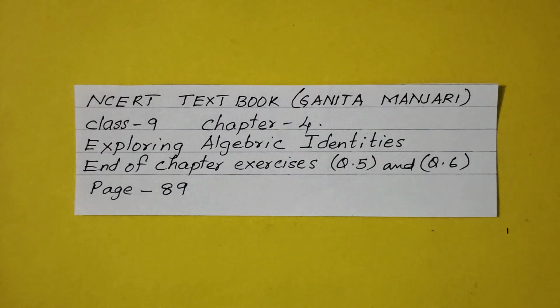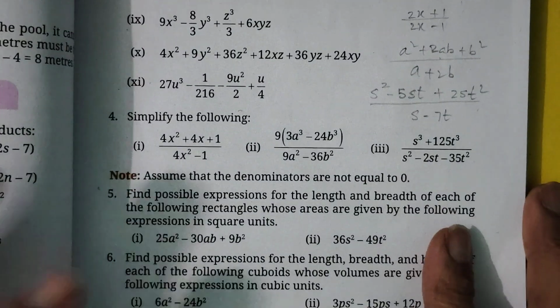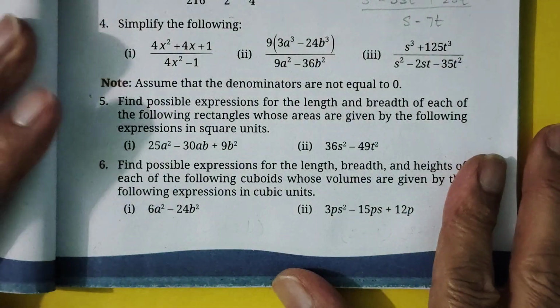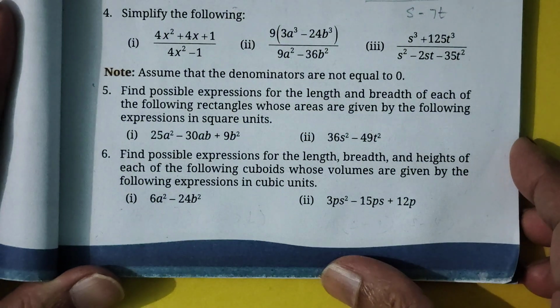In this class, we'll solve sums from NCERT textbook, class 9, chapter 4, exploring algebraic identities, end of chapter exercises, question 5 and question 6. It's on page number 89. So here, the question 5 says,